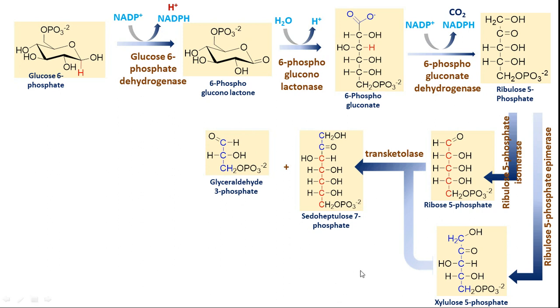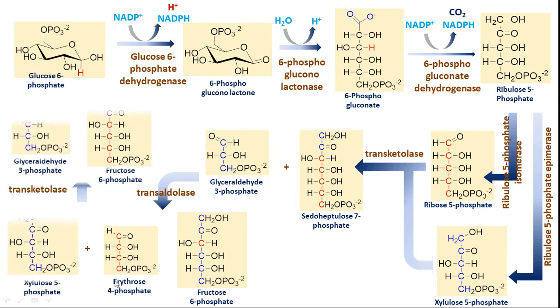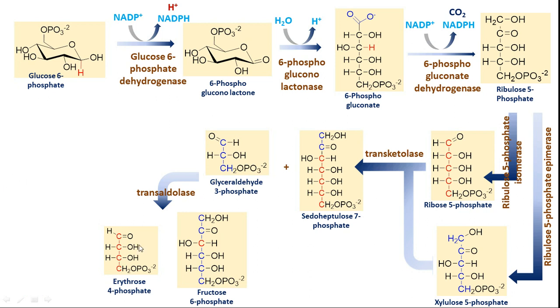Okay. So two of the carbons over here will be attached onto this aldehyde group over here. So thereby you are going to get sedoheptulose 7-phosphate and glyceraldehyde 3-phosphate. Okay, 3 plus 2, 5 units, and then here we have another 5 units. These two further react with each other, and here transaldolase is the enzyme. Transaldolase is the enzyme which results in two compounds, that is erythrose 4-phosphate and fructose 6-phosphate.